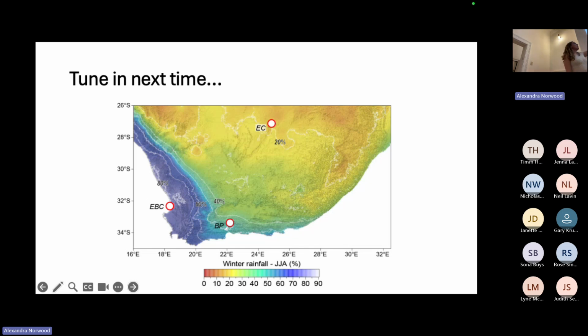And this is the same rainfall map I showed you before, just with a different color scheme. We'll be able to look at these sites in these different regions and identify changing seasonality through time, and also identify differences in changing seasonality between these areas that we already know have dramatically different seasonality patterns today. And this has big ramifications for what climate change means in South Africa,